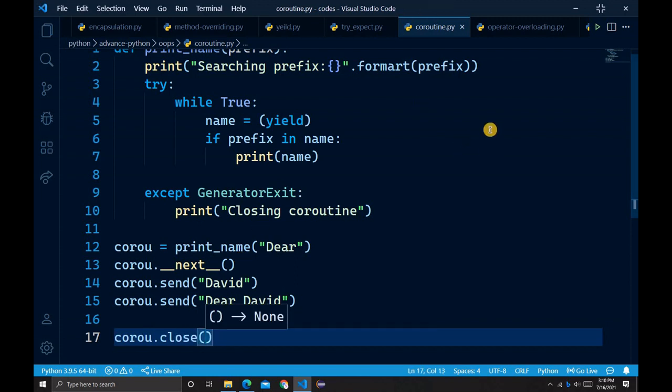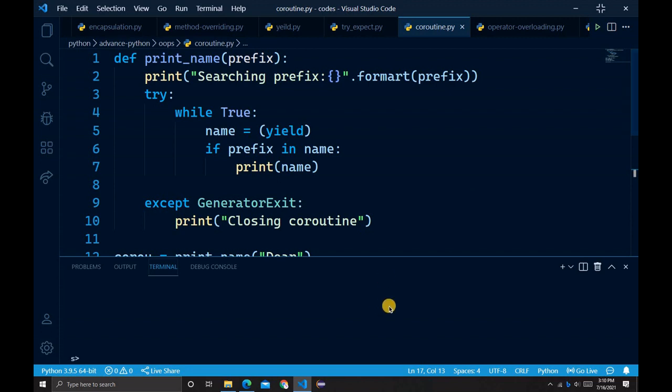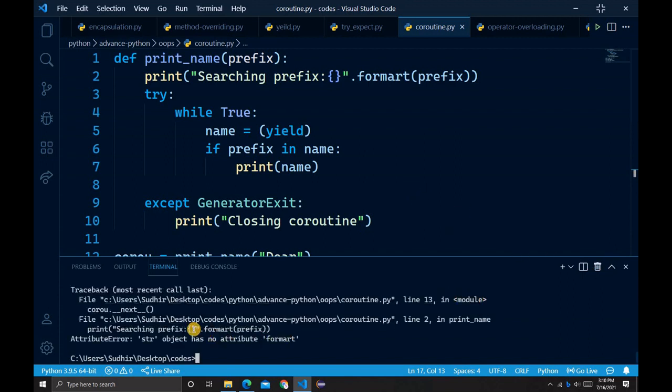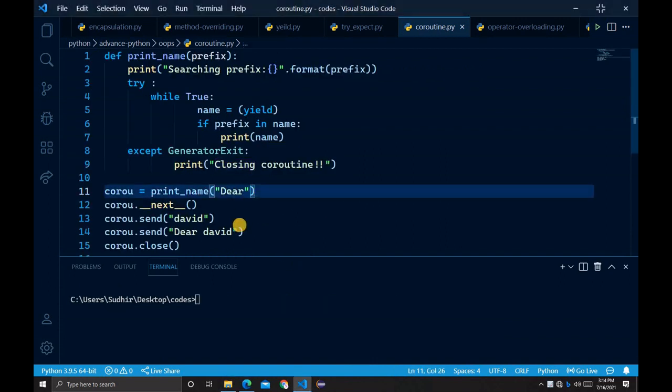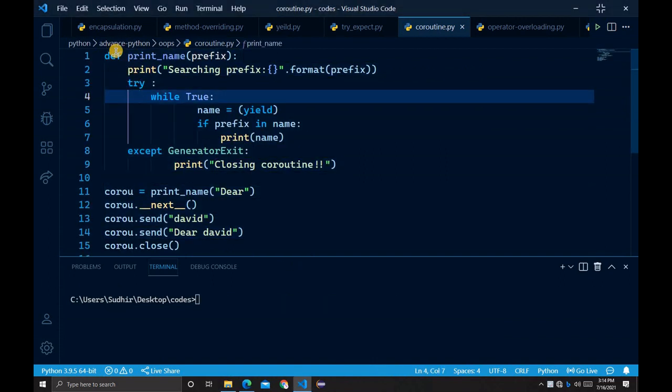And then let me save this and run this file by clicking on this icon. Just wait a second guys, I don't know what happens right now. Let me fix this first. Okay guys, you can see there is an error. There's an error in the second line, in the concatenation. So let's solve this first. Okay guys, you have to type something like this: def print_name(prefix), then print "Searching prefix {}".format(prefix).